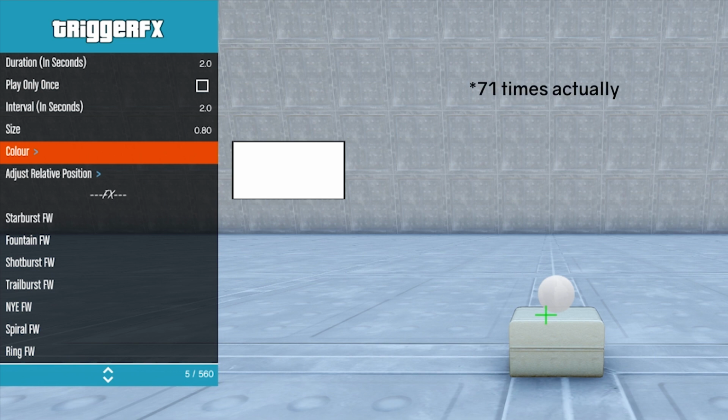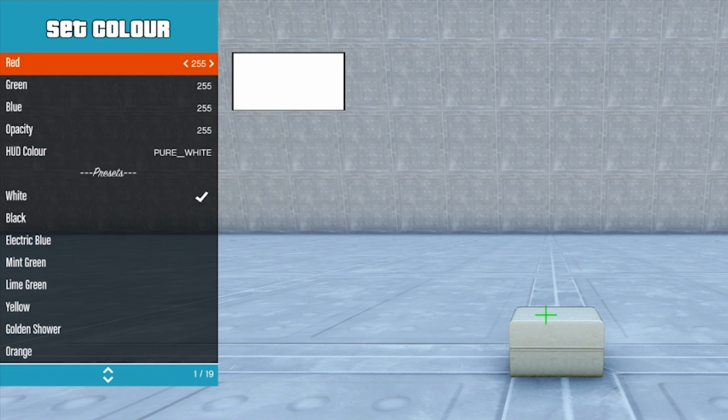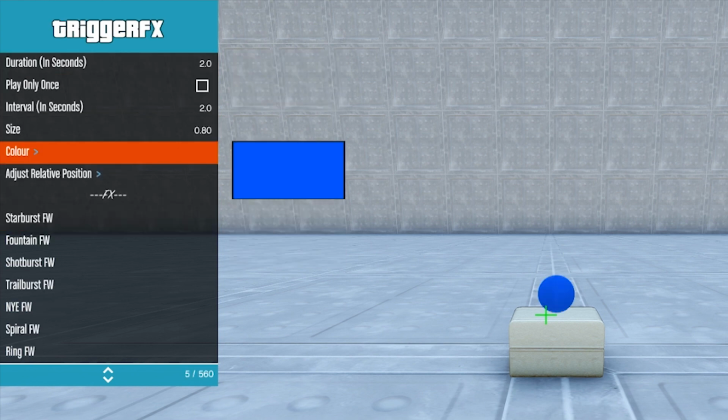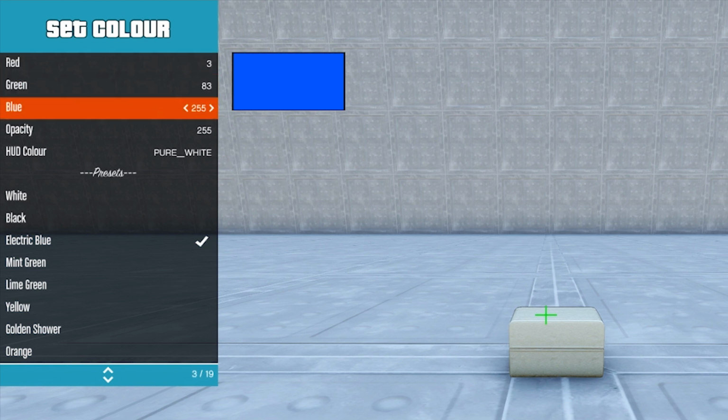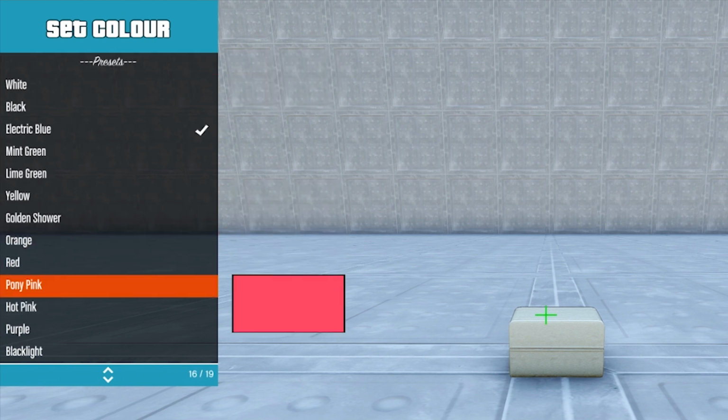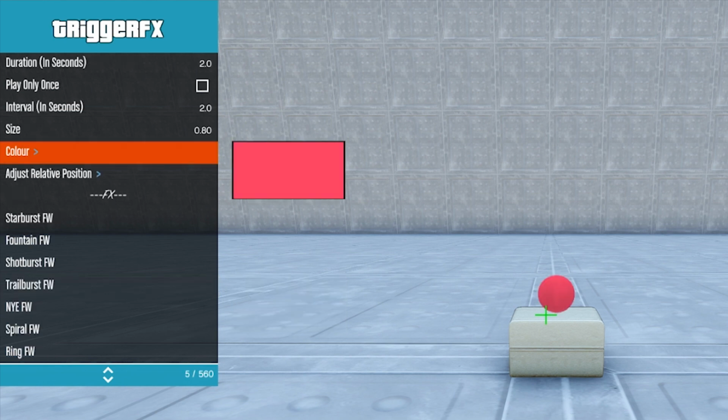Okay, so with these settings of any trigger FX task, you can easily alter many things. To get it out of the way and to crush your hopes, color does not mean that you can change the shade of the effects themselves. This is just for this little sphere here. I recommend a very bright color here because it helps adjust the relative position of the effects.